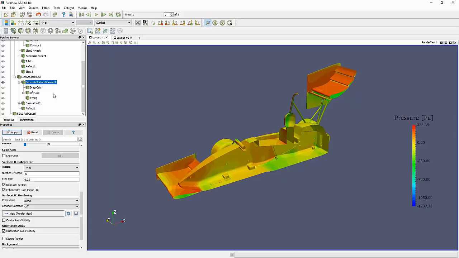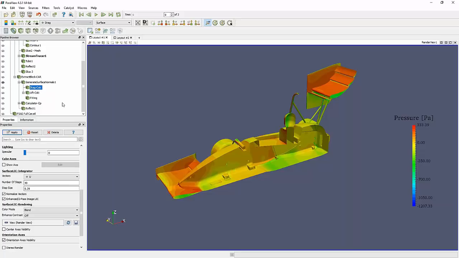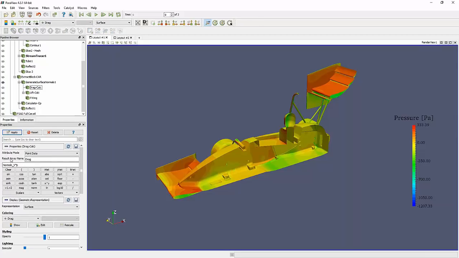You generate your surface normals, and to this newly applied filter, we're going to apply a new filter, which is a calculator filter. It's the first one in this shortcut bar. You click on it. You can change the name here, but the result array name, we're going to call it drag. And we're just multiplying normals in X times our pressure. The normals in X are a scalar, which you have a list of all the scalars here. So it's normals in X times P. You click apply,